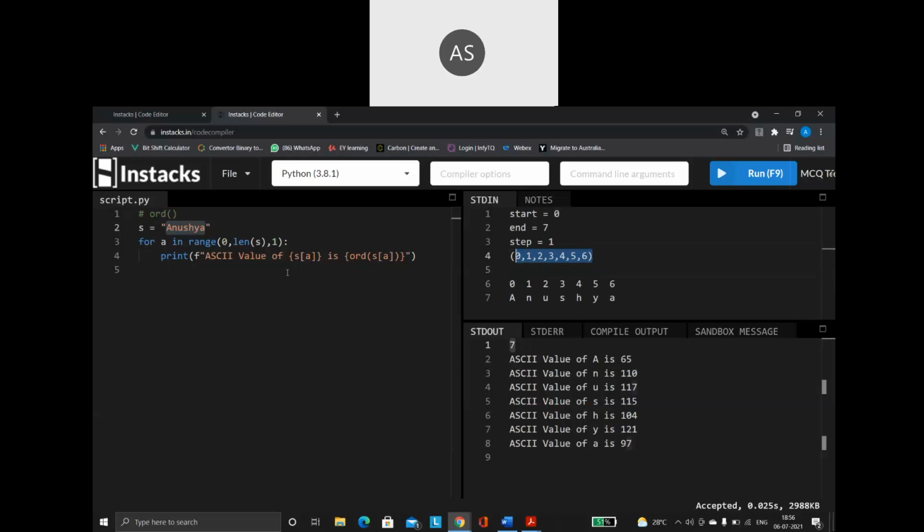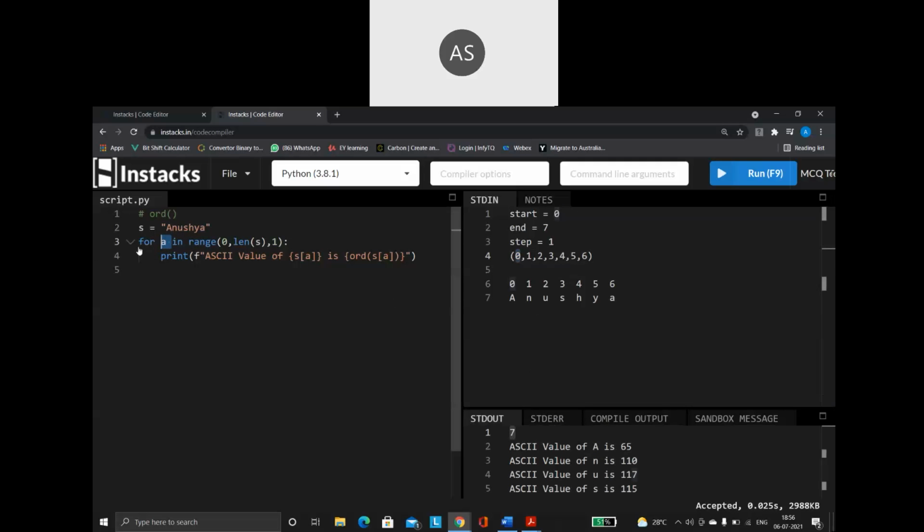So now each and every time this for loop is going to run, remember, 1 value. The range function will generate all these values, and 1 value will be given to the a variable. So first time the loop is running, 0 will be given to my a. So come inside the loop. What is it going to say? ASCII value of.